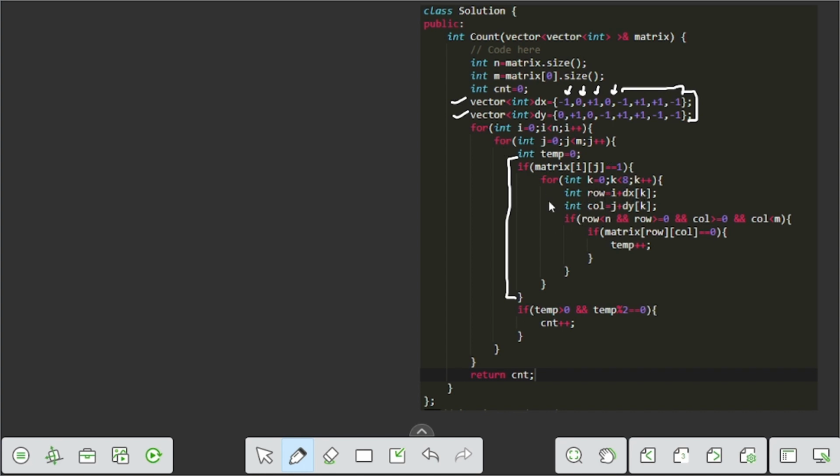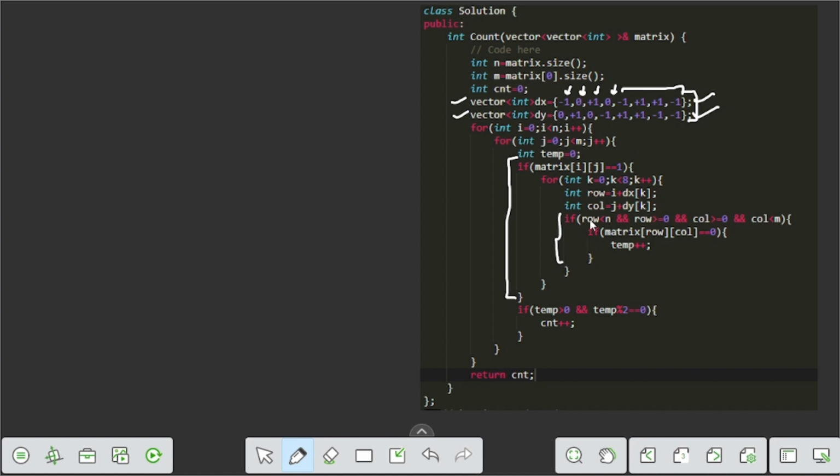And for this, if matrix of i j equals 1, then we go through this matrix and check all the conditions for all directions. So here row equals i plus dx of this index, and column is j plus dy of this index, and for row we use this vector, and for column we use this vector, which is dy.